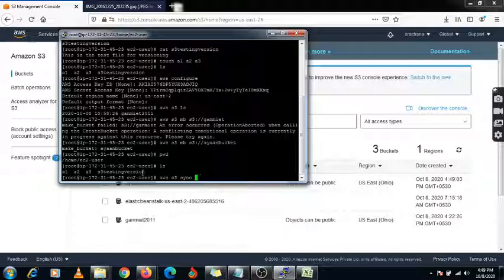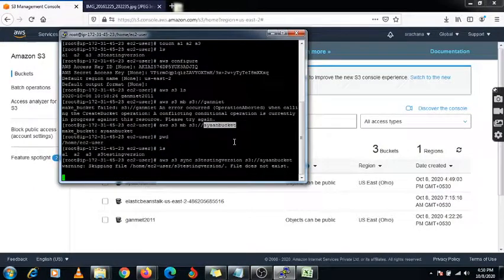Or if you want to put only one specific data, you just enter this file and select your S3 bucket. If I want to put my data under this ion bucket, just click on it and specify double slash and enter.